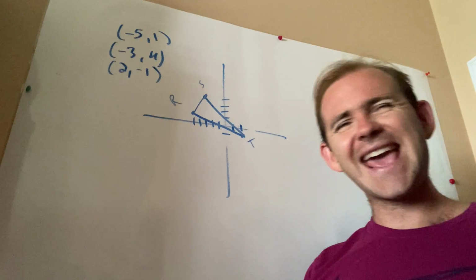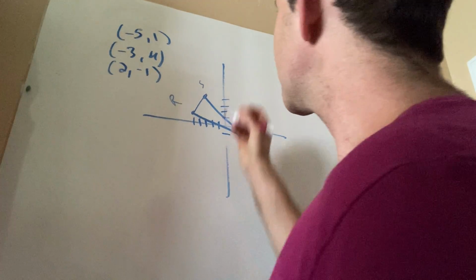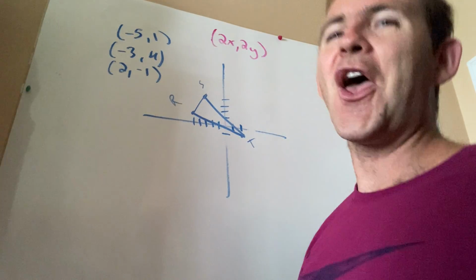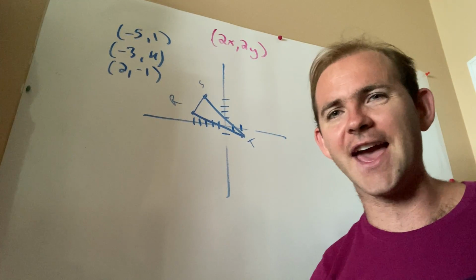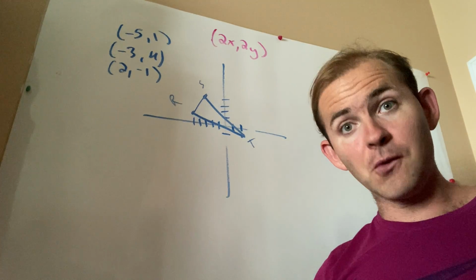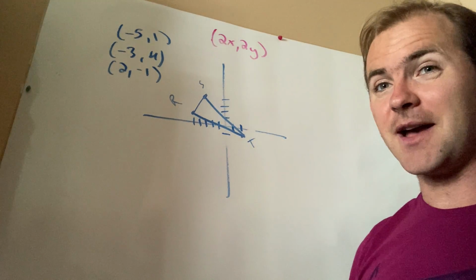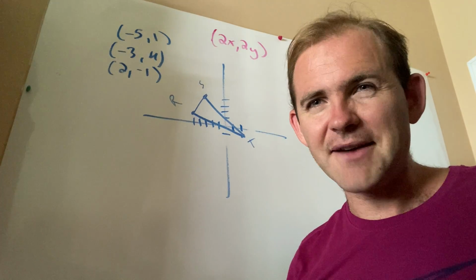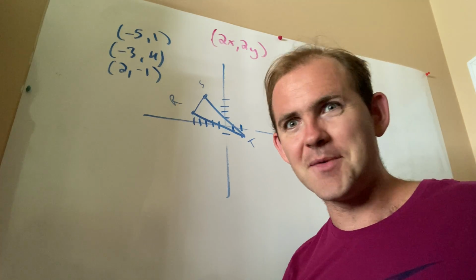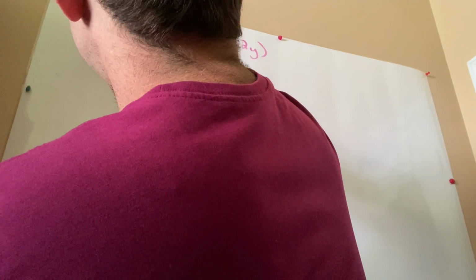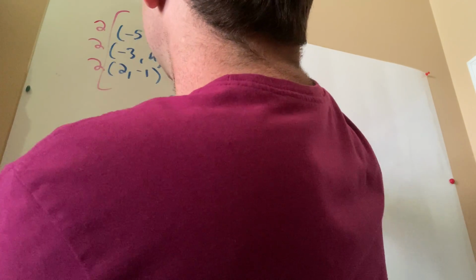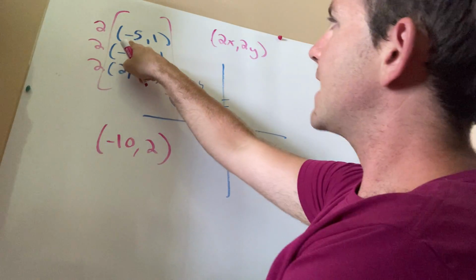Now what they tell me here is that k equals 2. Okay, k equals 2. So that means that my coordinate rule is just going to be 2x, 2y. I just plug the 2 in for k. Now, as to actually how to perform this, by far the easiest way is just to take that 2, and for each one of these points, what do you think I'd have to multiply everything by? Oh my god, by 2. So think of it as a giant distributive property here, right? I'm just going to multiply each one of these things by 2. So that means that my new points are going to be -10, 2,